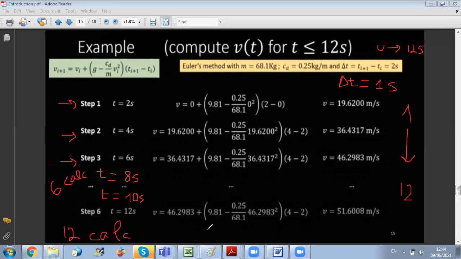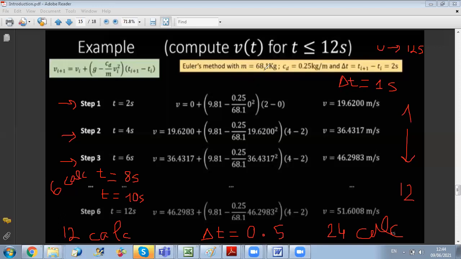And if I take, let's say, delta t equal to 0.5, then I need 24 calculations. So as you can see, the smaller your delta t, the better accuracy you can expect, but also a higher computation time. Okay? So we should always try to make a compromise between the computational time and the accuracy